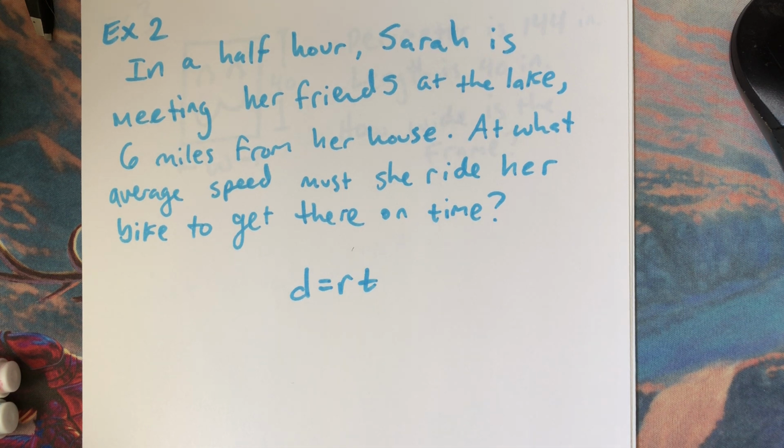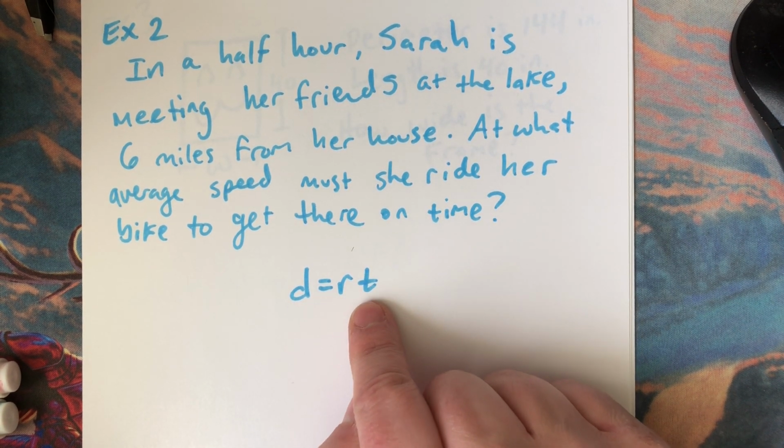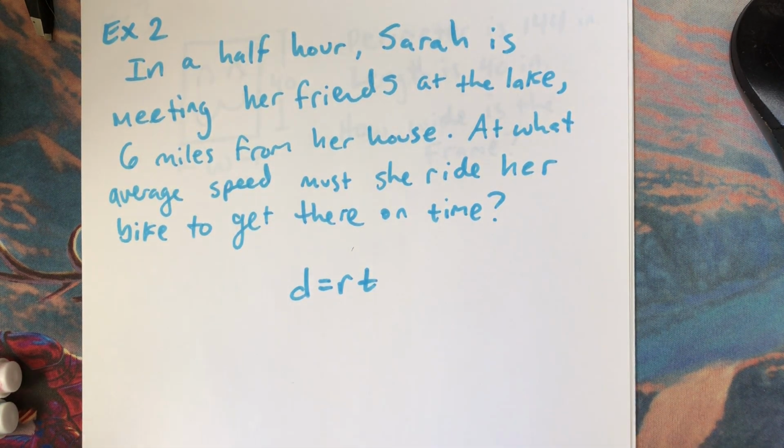And so we're going to use a classic equation. Distance is equal to rate times time. If you did not know this, this is a scientific fact, a fact of our universe. If we want to know how far we went, we take the speed that we're going and multiply that by how long we were going. So, for example,